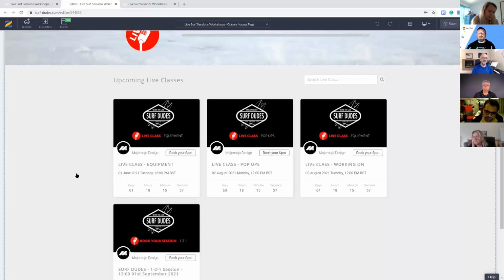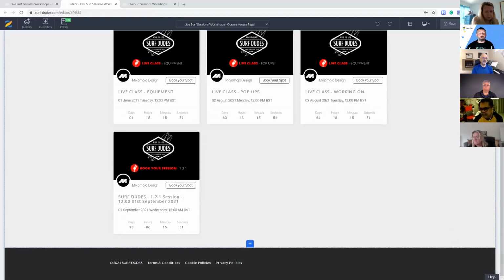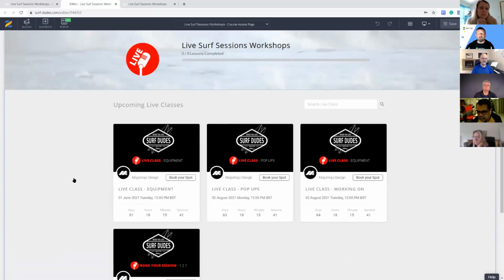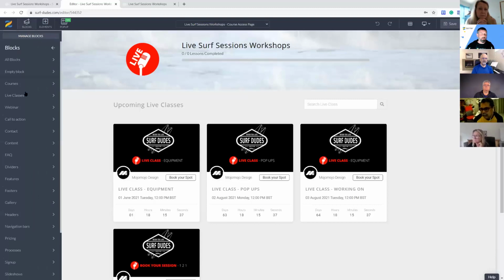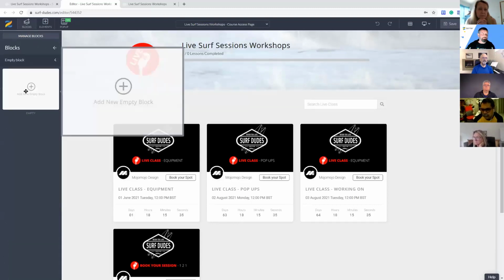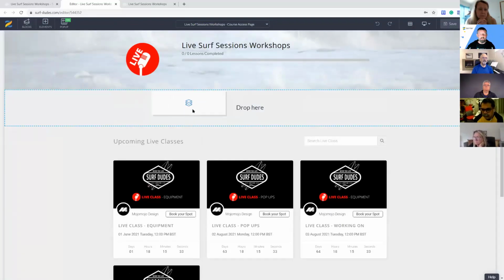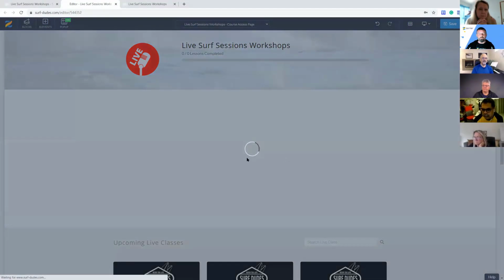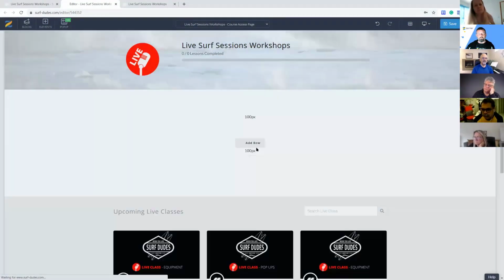And it might be a good idea to give people access to like a back catalogue. So underneath this block, you could create another block saying this was a live we ran then, and then drop the video in there as a block. But you can put additional information in here. If I wanted to, I could drop another block in here, and then I could put some additional information all in here,